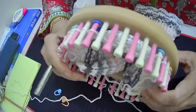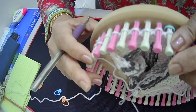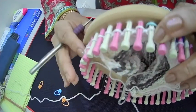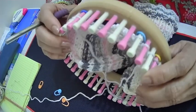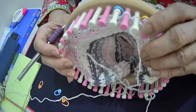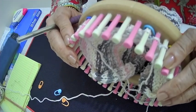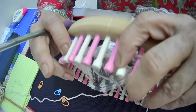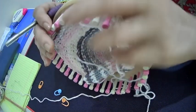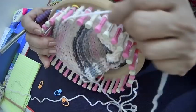Check the setup of the neckline. Okay, from 1 to 9 is the right shoulder, then there are 12 stitches that form the neckline, out of which we knitted the 3, bound off the 6 in the middle, then again knitted the 3, and then we will continue knitting for the